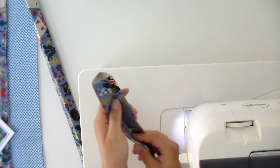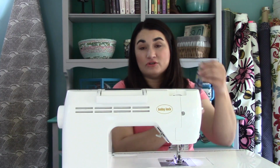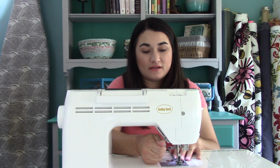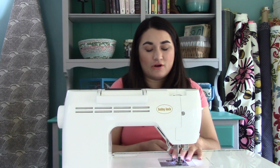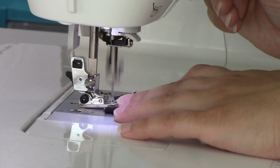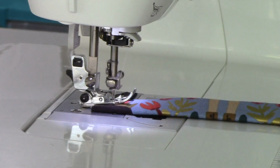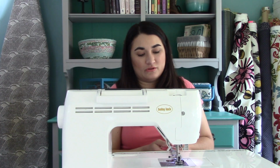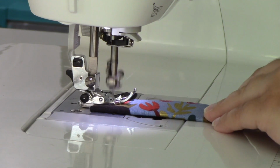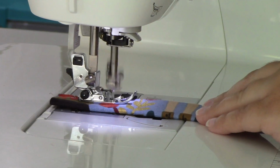So I'm going to start with the outside edge here. I'm just going to make sure everything gets tucked in here. You could pin this if you want to. You may find that binding clips are a little bit easier because this is very thick. But I'm just going to start by sewing in here. And I am going to do a back stitch when I get started, just to make sure that everything is nice and secure, because it's not like quilting where we're going to cross over those lines a ton of times. All right, so I'm doing that folded edge first, and I've got the edge lined up with that guide,